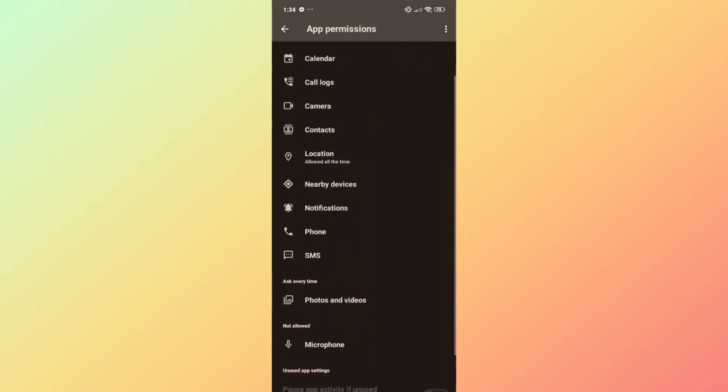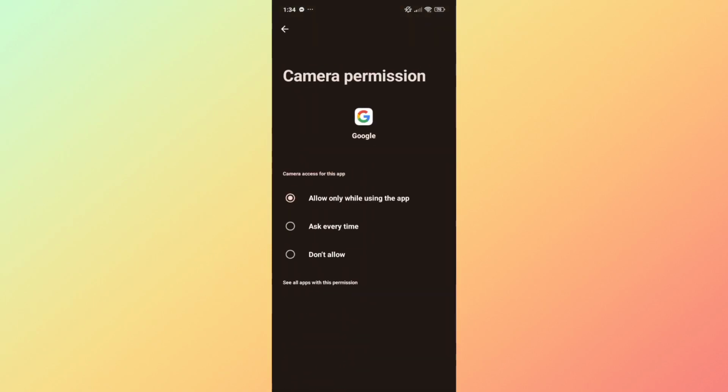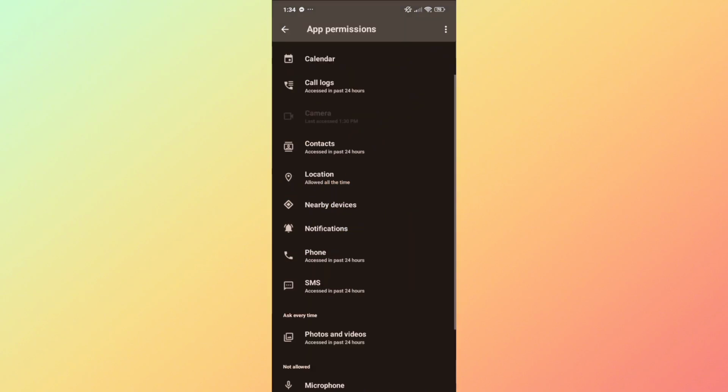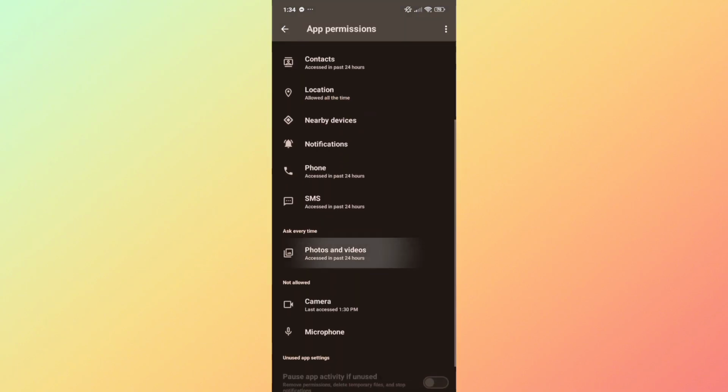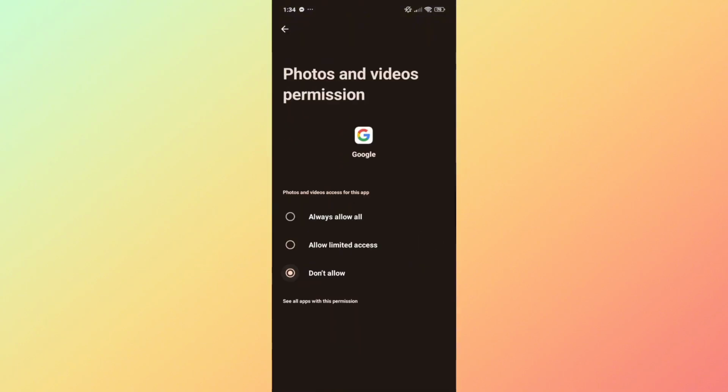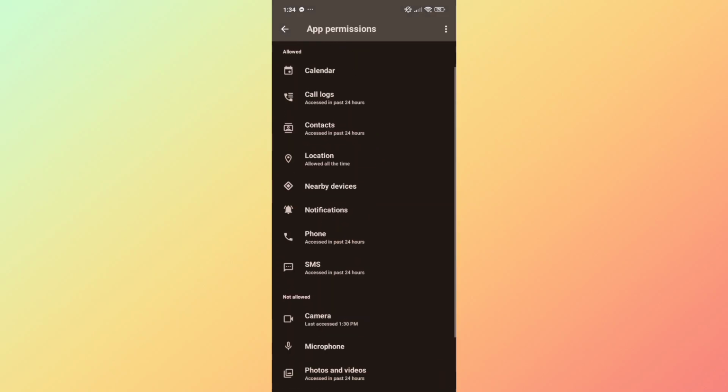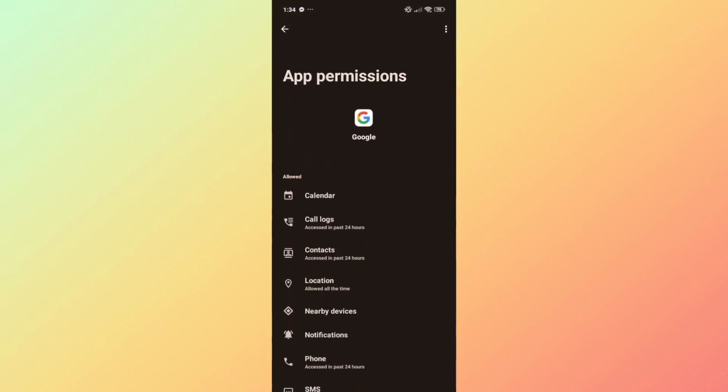In this section, make sure to disable the camera permissions along with the photos and video permissions. Once you have this disabled, you'll be able to disable the Google Lens application for your Google app. And that's how you can